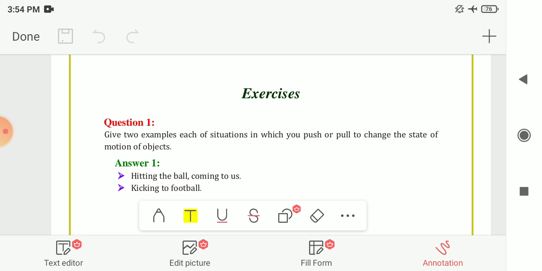Then we had seen that when the direction or the magnitude of the force, or both of them, change, then the effect of the force also changes. Next we had seen that the state of motion of an object is described by the speed and direction of motion, or by both of them. Then we had seen that an object may be at rest or in motion by its state of motion. Then we had seen that the force applied brings a change in the state of motion of any object,